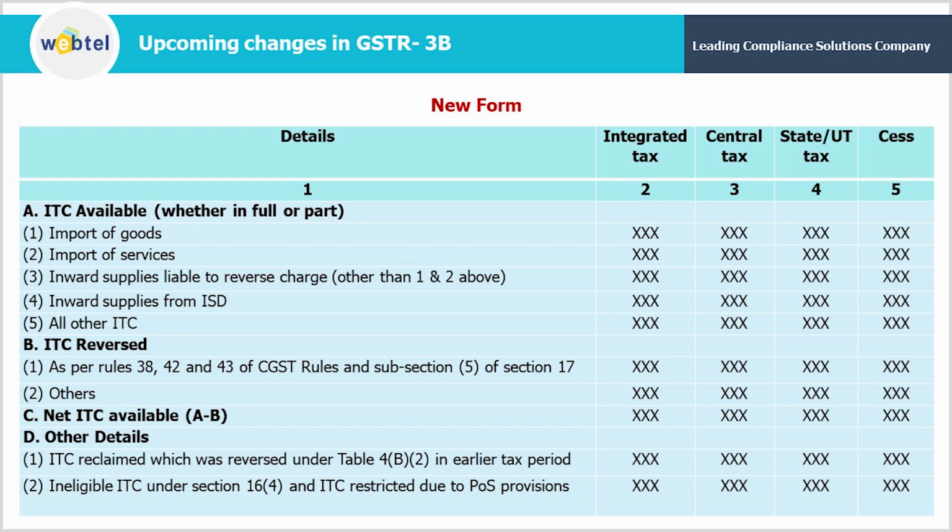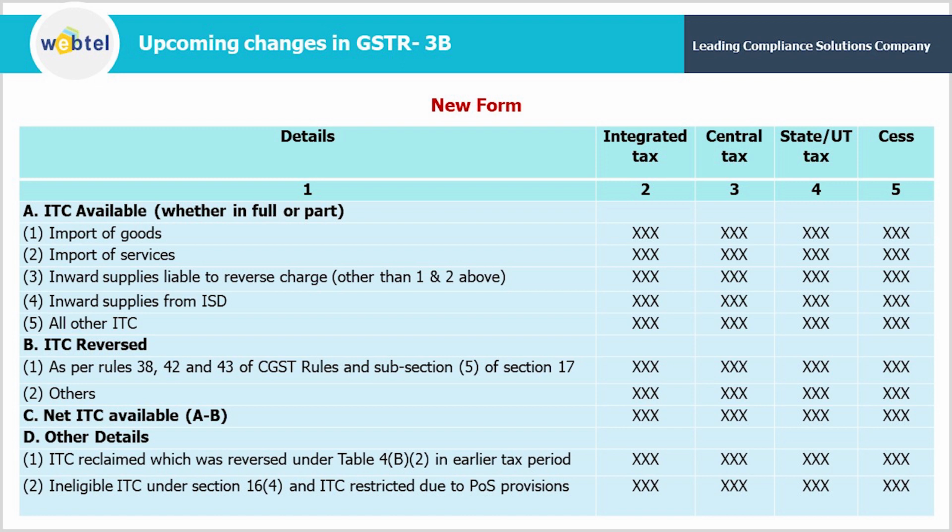Meaning thereby that here in the first, that is 4(1)A, as we all know that now also our data from 2B gets auto-populated in 4A of GSTR 3B, but earlier we were manually changing the data, like if we didn't want to take any credit. But now it is saying that all your other ITC will be auto-populated from GSTR 2B, and except for two things your data will be auto-populated.